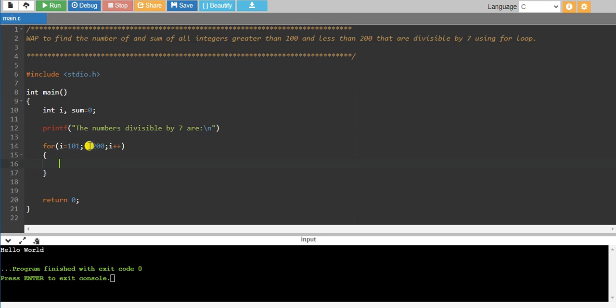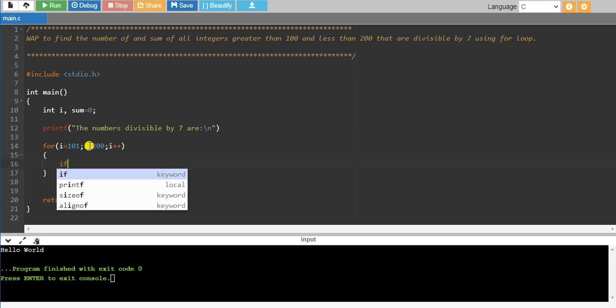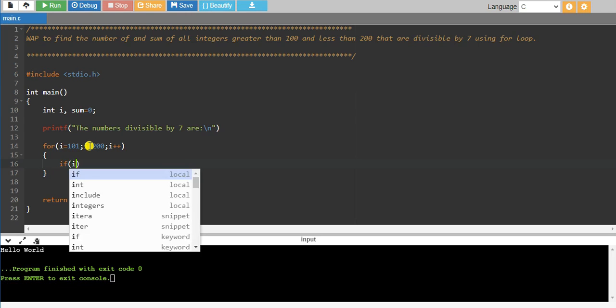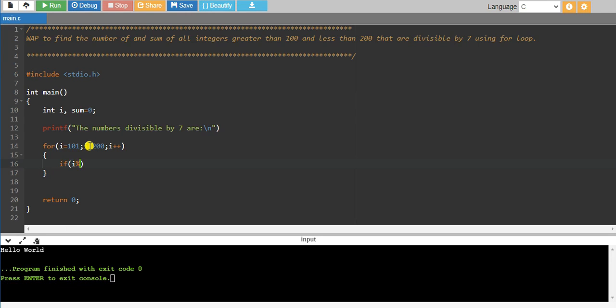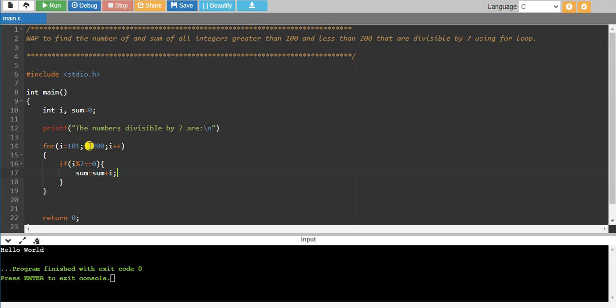Then under the for loop, if i mod 7 equal to 0, then sum it, that is sum equal to sum plus i, because we are checking the number divisible by 7 and adding that number.